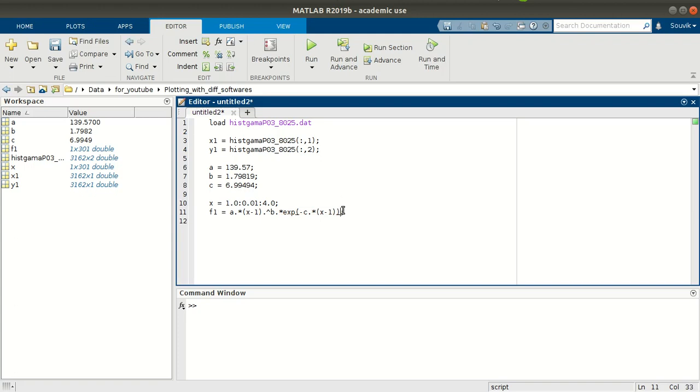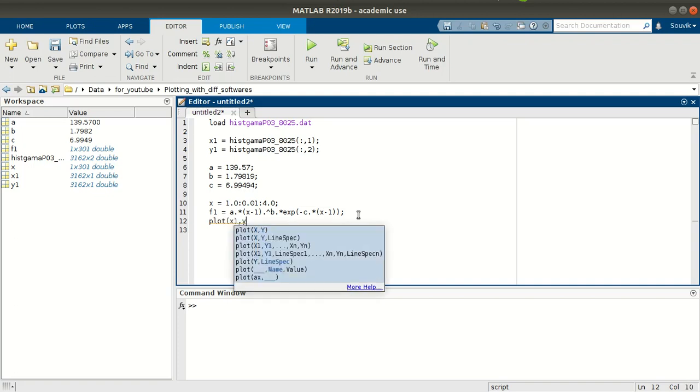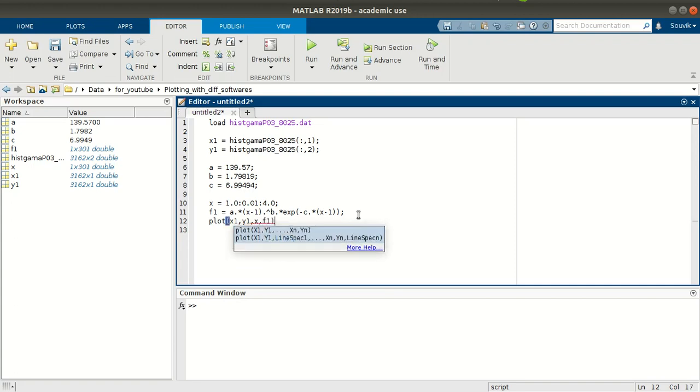Okay, so now next is basically you have to plot it. So plot x1 comma y1 comma x comma f1. First I will plot x1 versus y1, then I will plot x versus f1. So done. And then if you want to label it, let's say you want to x label,